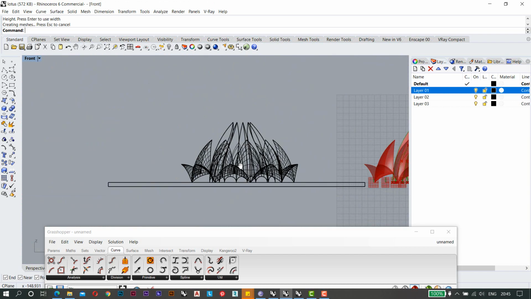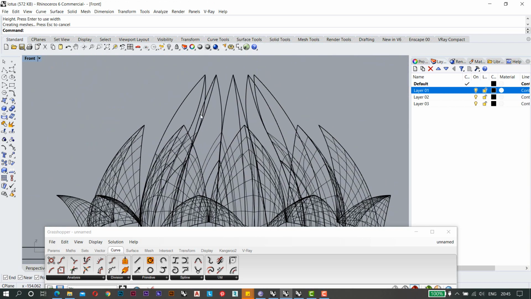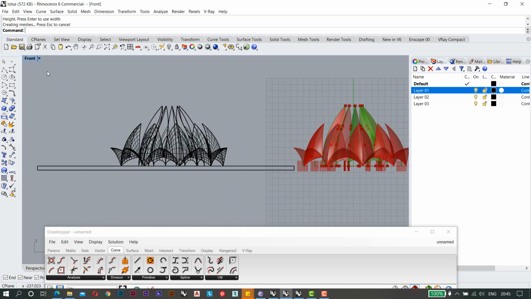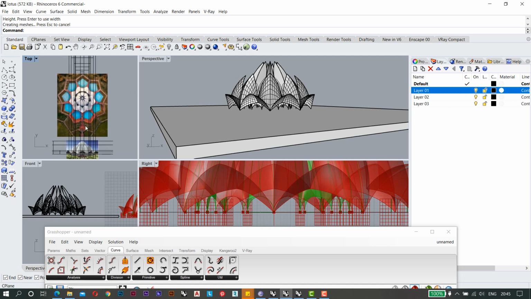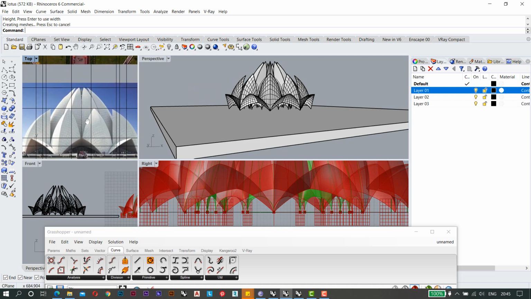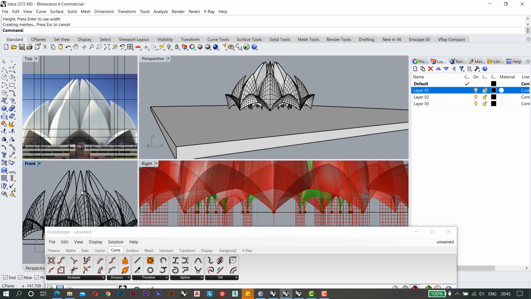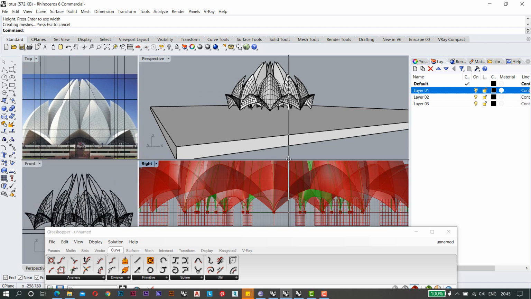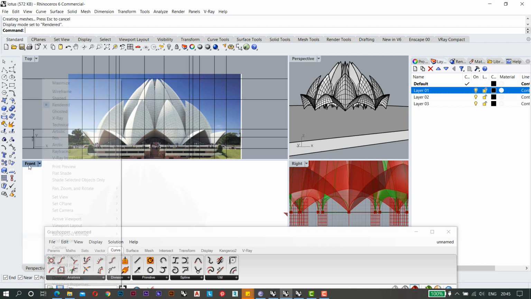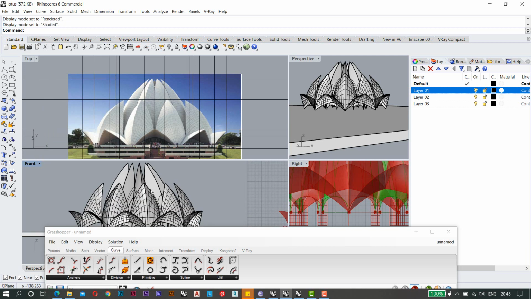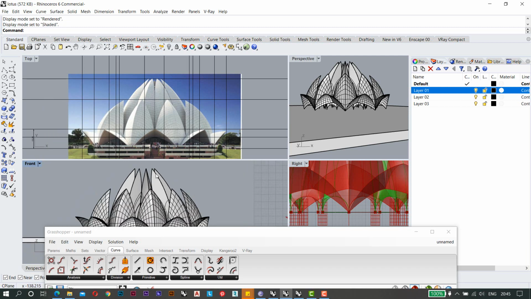The rest you can modify as per your need also, but the basic concept is that you should have similar kind of proportions or the design that we have. So I have just tried it out to make a similar kind. As you can see, the elevation is also matching in the same way. Yeah. So this is there.